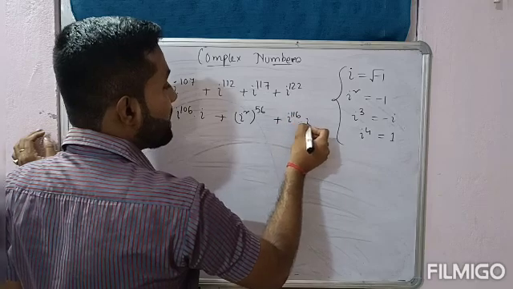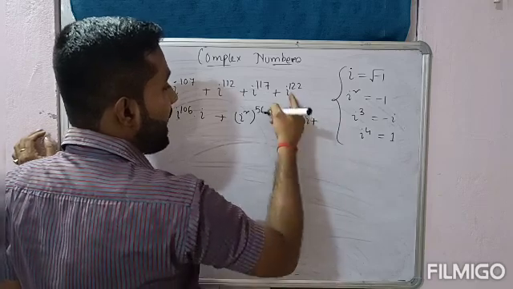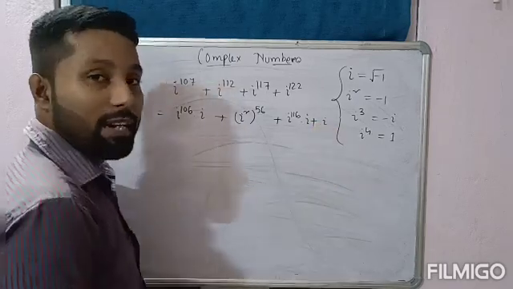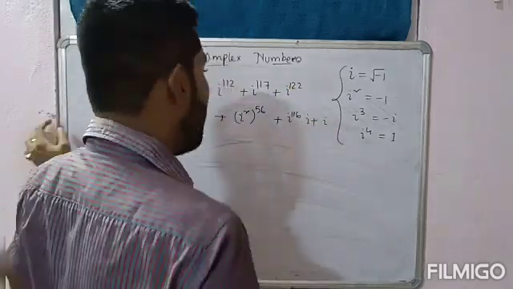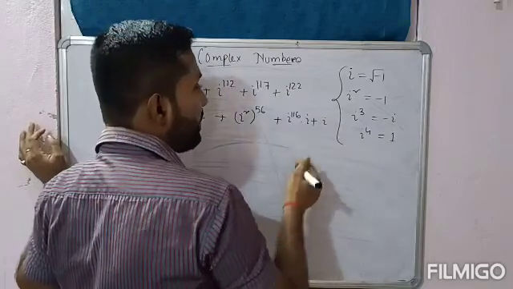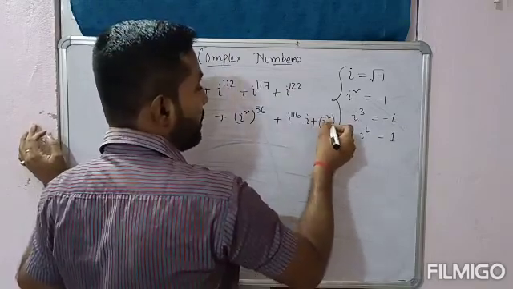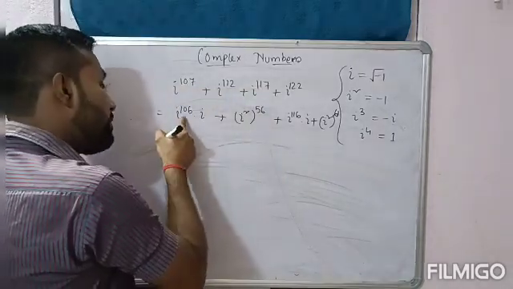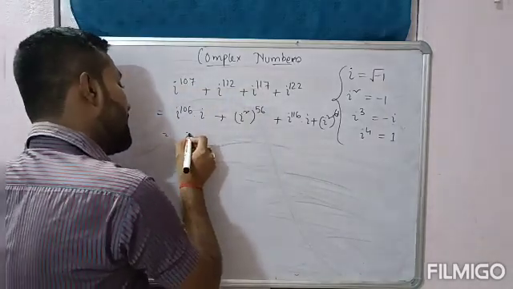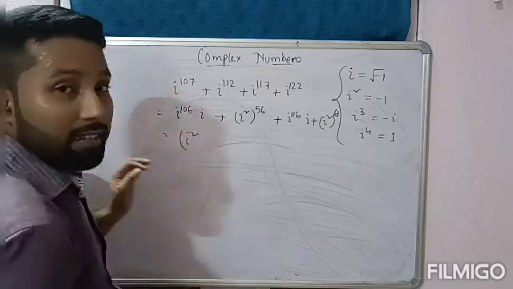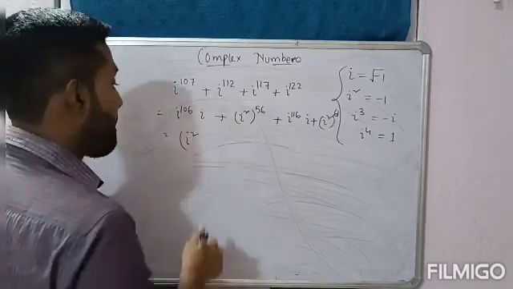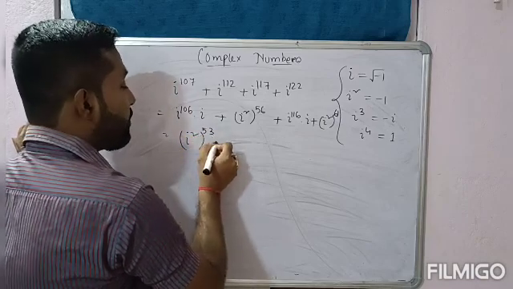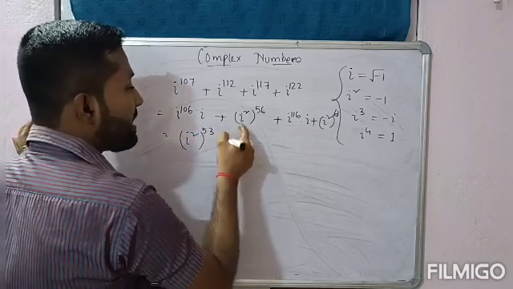plus I to the power 122 है, तो 122 को अगर 2 से मैं डिवाइड करूँ तो, because this is even number, तो इसको 2 से डिवाइड करने से 61, so I square whole thing to the power 61. Yes, so I to the power 106. Now it is even. Divide this 106 by 2. So this will be then I square whole thing to the power 53 into I